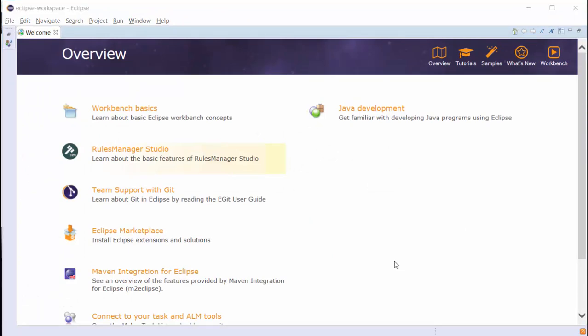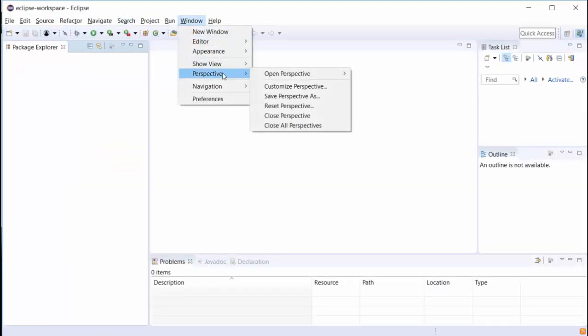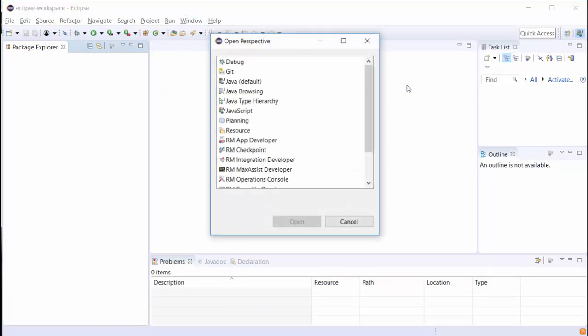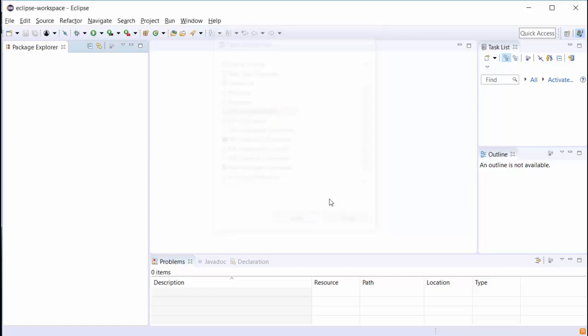Now RulesManager Studio has been installed. So you want to close this welcome screen. You want to click on Window, Perspective, Open, and choose Other. And then you should scroll down and you should see all our perspectives: RM App Developer, RM Checkpoint, and so forth. Now you want to select RM App Developer, click Open,